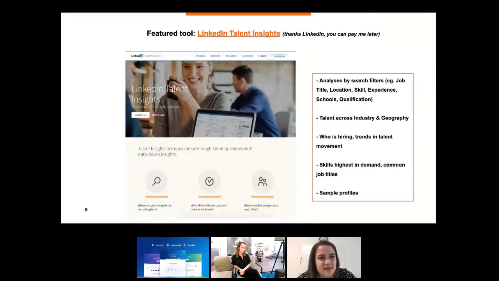It's really sexy to the applicants, and you can see what the popularity is of the skill you're looking for, because you want to stay attractive in terms of the projects your teams are working on. And then also they will give you information on common job titles being used.